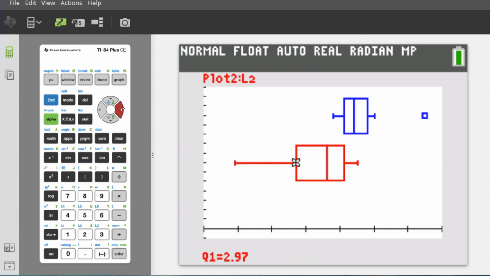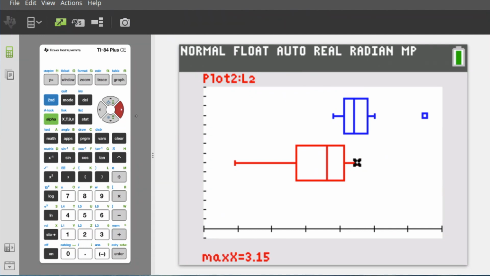And then I know you don't know what this is yet, the Q1, and that's all right. We're going to talk about it. But that's the outside of this box. And so if you want to draw your box, you kind of need to know where that ends. That's something called the median, and I bet you have heard of the median before, that it's the price that's in the middle of all the prices if we put them in order. And then the other side of the box is going to end on 3.11,